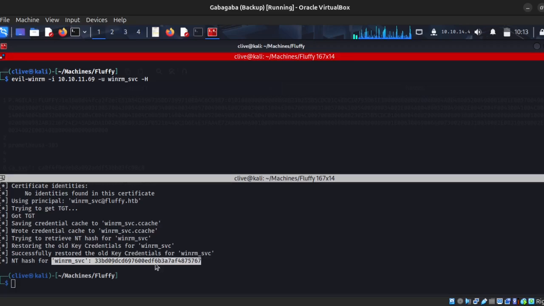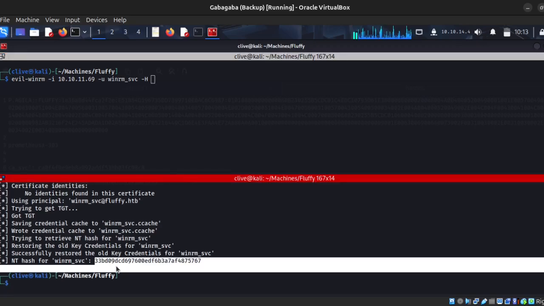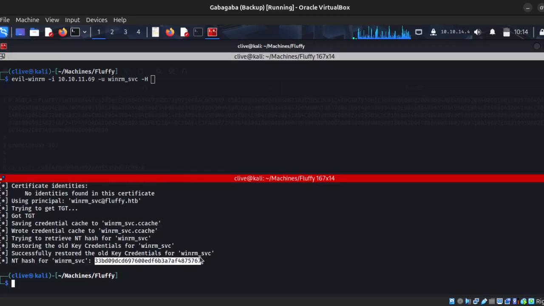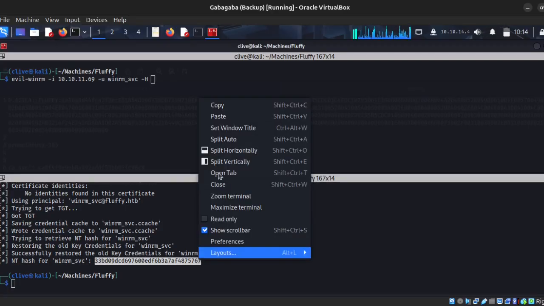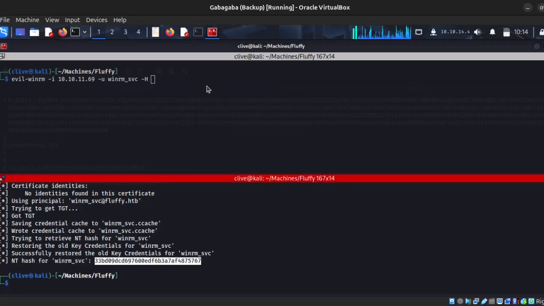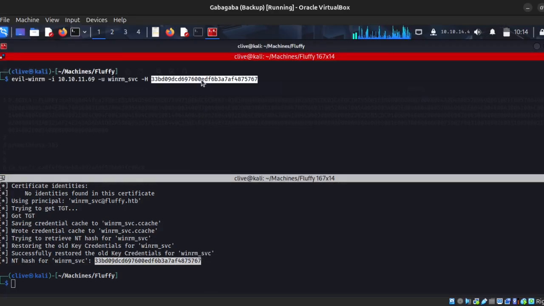I'm going to copy the hash and then paste it, and we wait. Because enumeration is very slow,